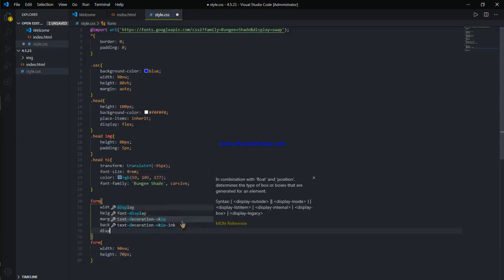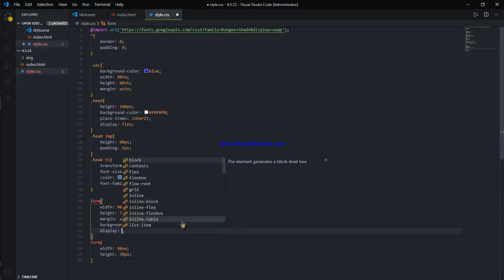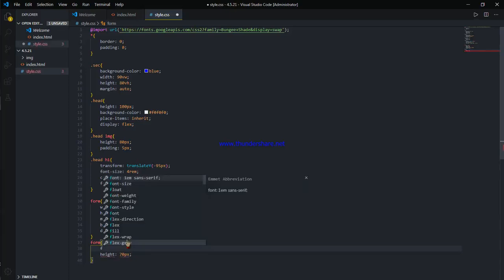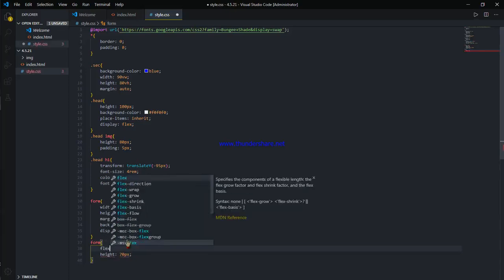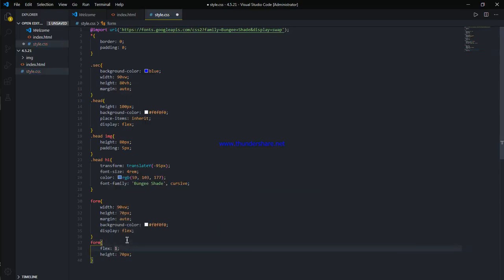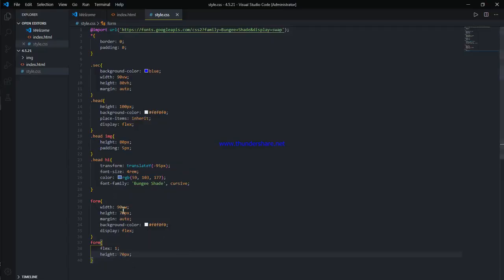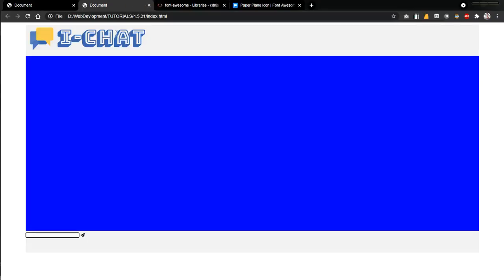We will add a display flex, and here we don't need to give the width, but we can add flex 1, and height is 90%.